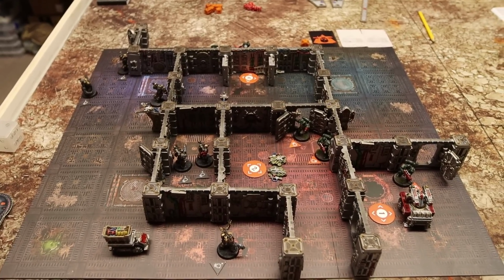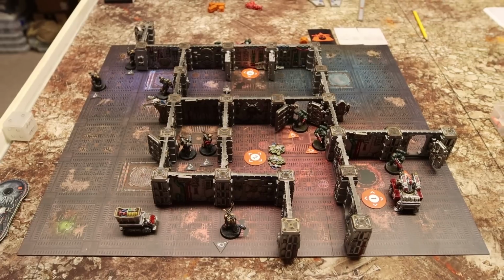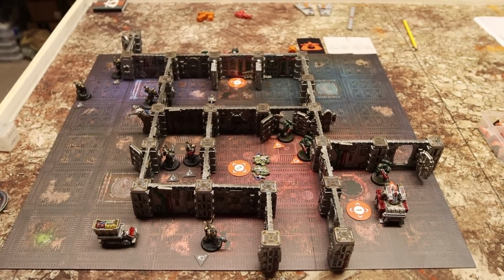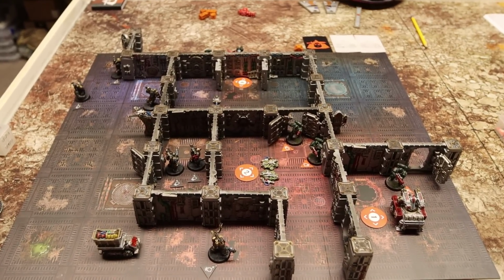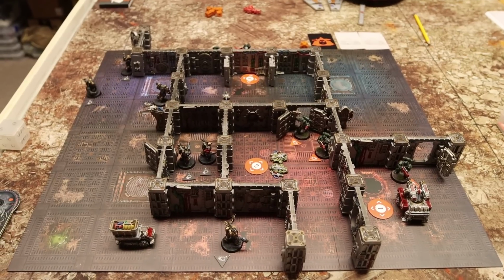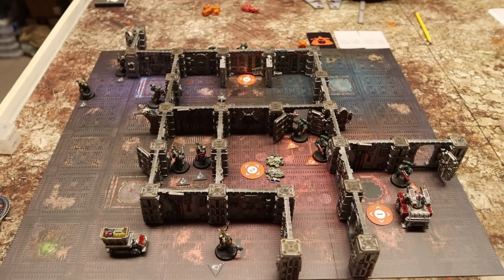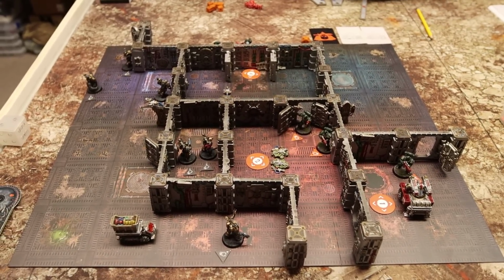My opponent has chosen Tactical Doctrine, so that if he shoots any of his guys, if they're within red of the person that they're shooting at, they can reroll one of the dice for free. My opponent and I don't have any other secondaries to show right now, so we will move on to the